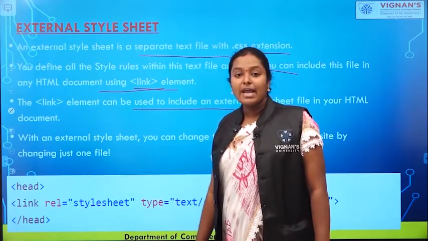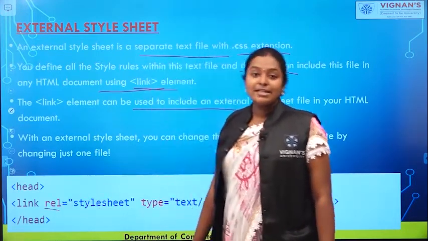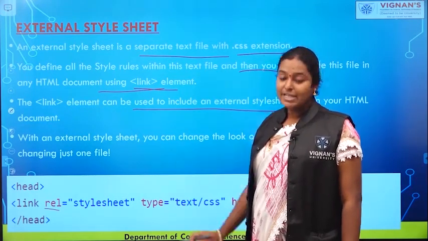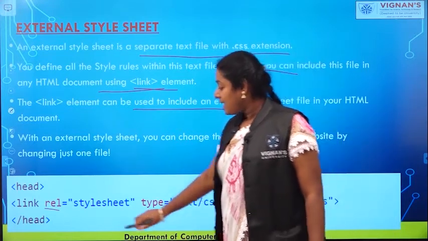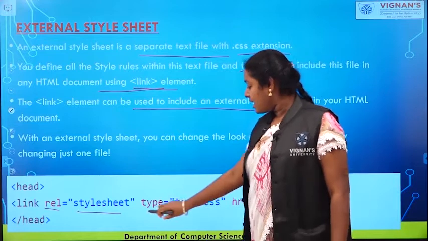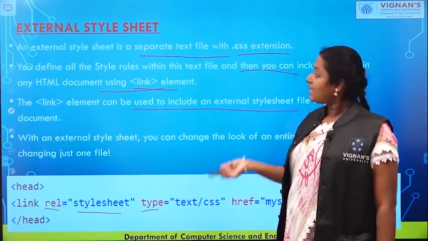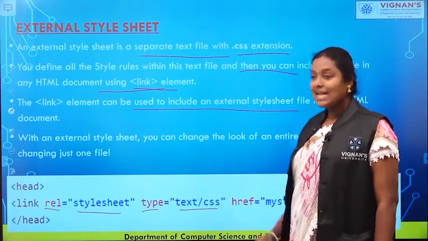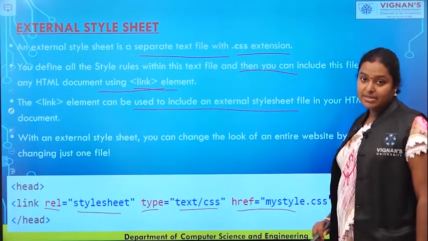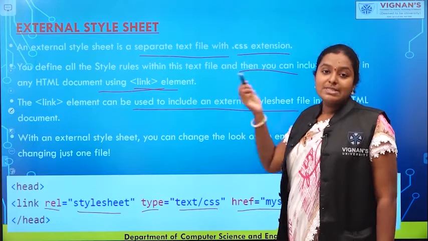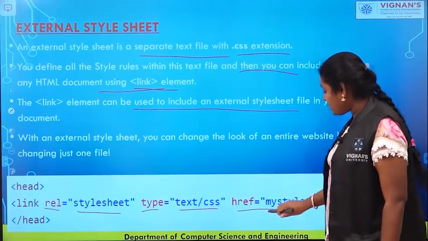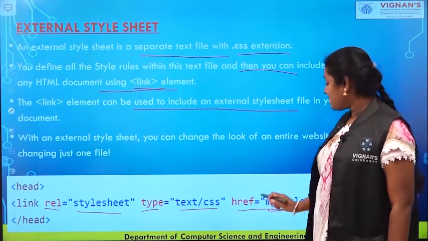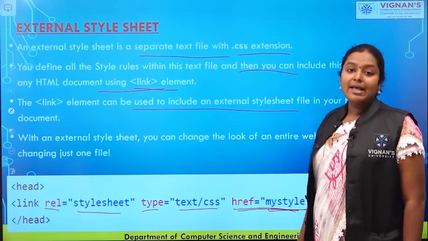The link tag has three attributes. One is rel. Rel is nothing but the relation between the corresponding document and the HTML file, nothing but the HTML file and the CSS. What is the relation? CSS is a style sheet. The next one is the type attribute. What is the type of the corresponding .css file? It is text/css. The next attribute is href. In the HTML document, whichever style sheet you are using is mentioned in the href. So what is the .css file I am using? mystyle.css. This href indicates the target .css file.